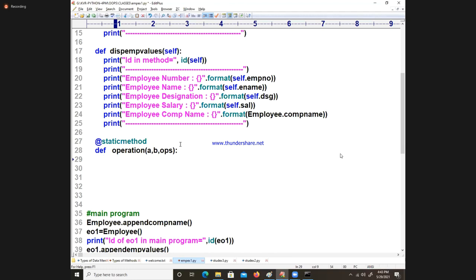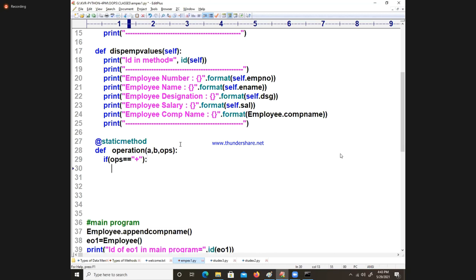See how I will write it. A beautiful statement I will write. OPS is equal to plus. If your OPS is equal to plus, then what you will do? Print of sum is equal to, or I will write like this, and the plus symbol I will write, plus, or I will write this symbol also, and then I will write like this is equal to dot